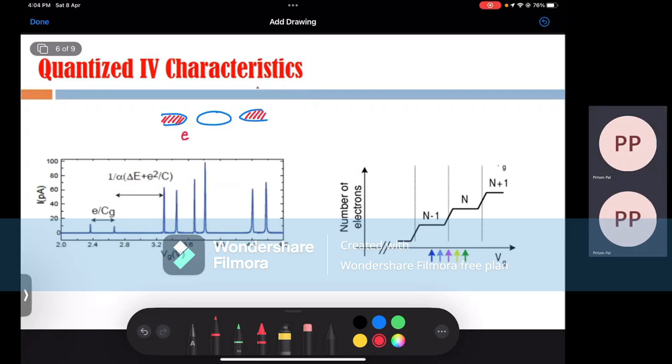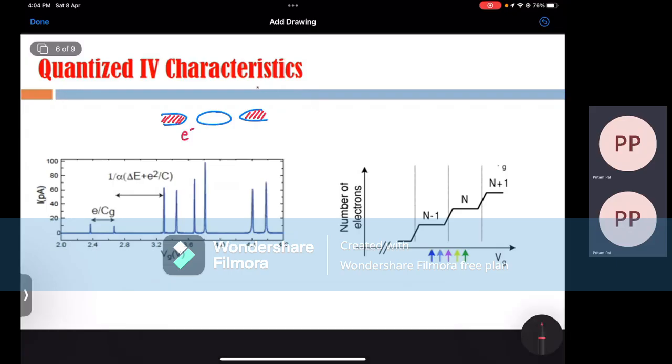So we want to add a single electron from the source to this dot, basically source to this dot. If you want to add an electron,